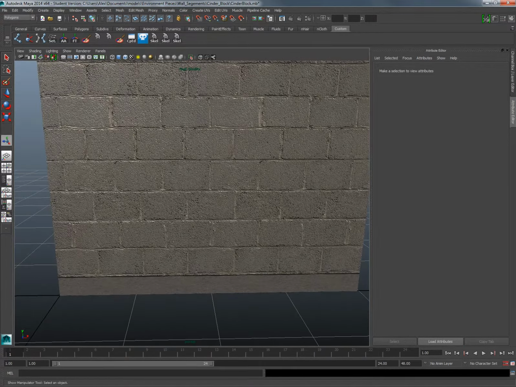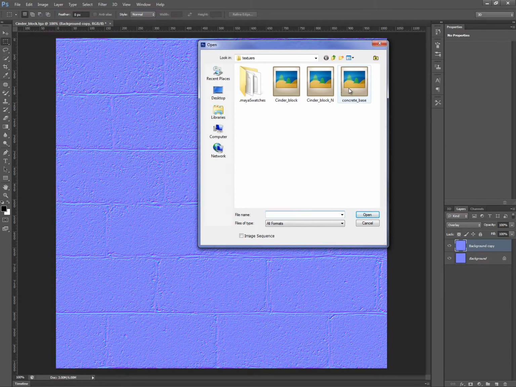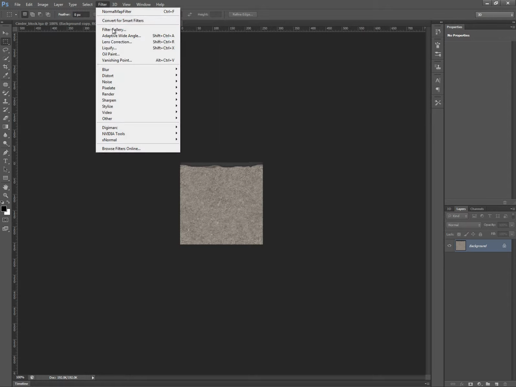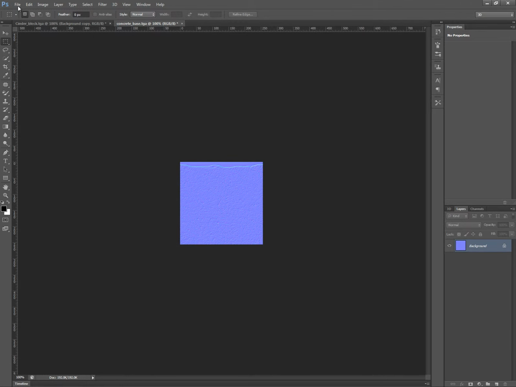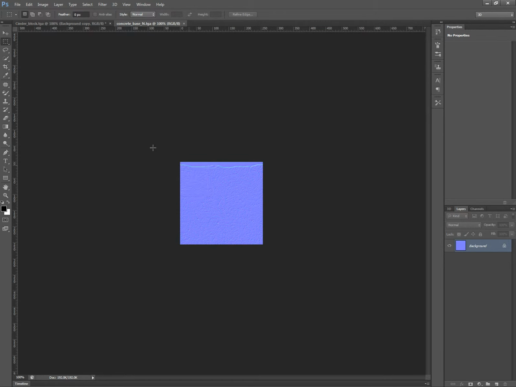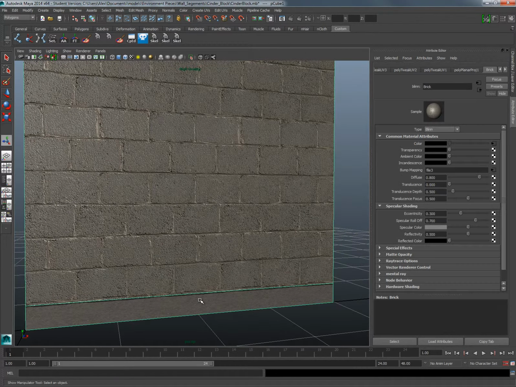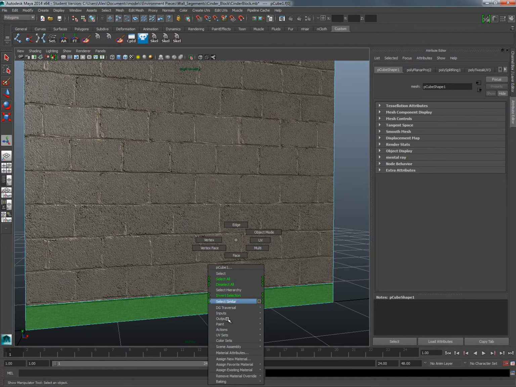And we can do the same conversion if we jump back into Photoshop for our other image. And again, you can see it's pushed in. I'm going to hit OK. Just save this off as base_N. Alright, right back into Maya. I'm going to select that face, go down to Material Attributes,